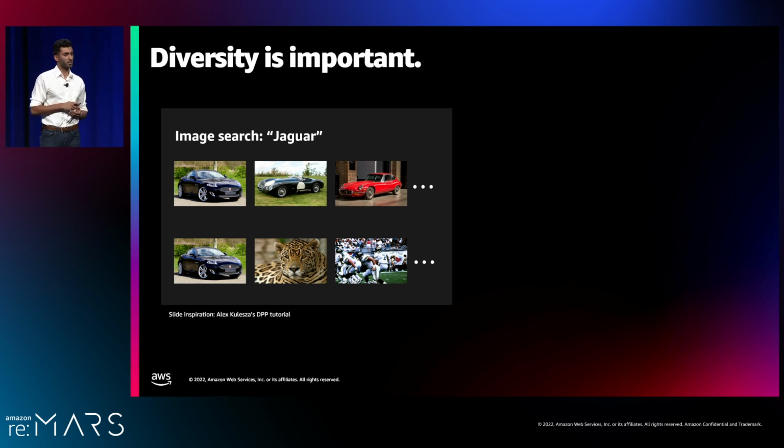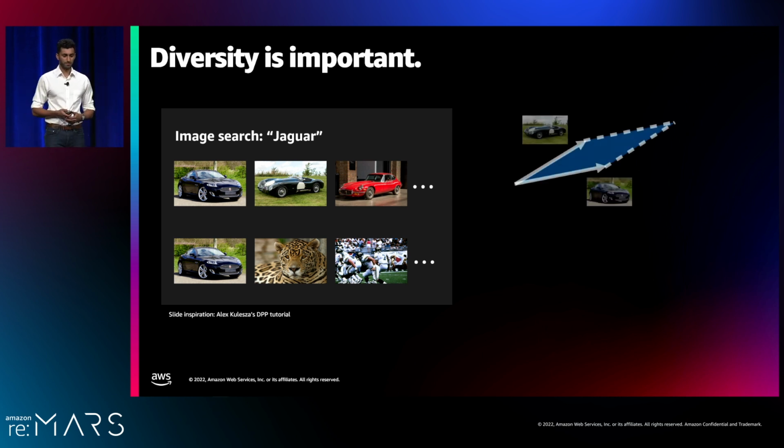The second set of images is better. It's selecting for not only relevance, but also diversity. So for you, diversity is important, but for machine learning as well. If you're training a neural network to detect cats, and you just feed it your cat again and again, it's going to become a your-cat detector, not a cat detector. So for machine learning, diversity means generalization. But how do you measure diversity?